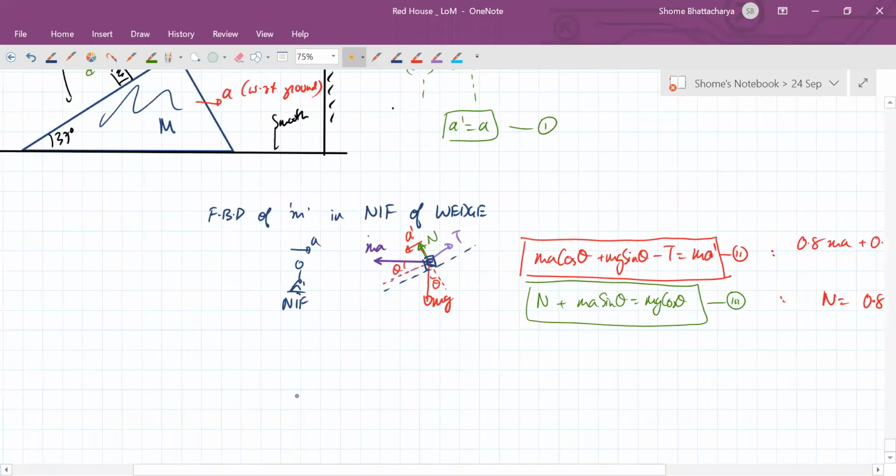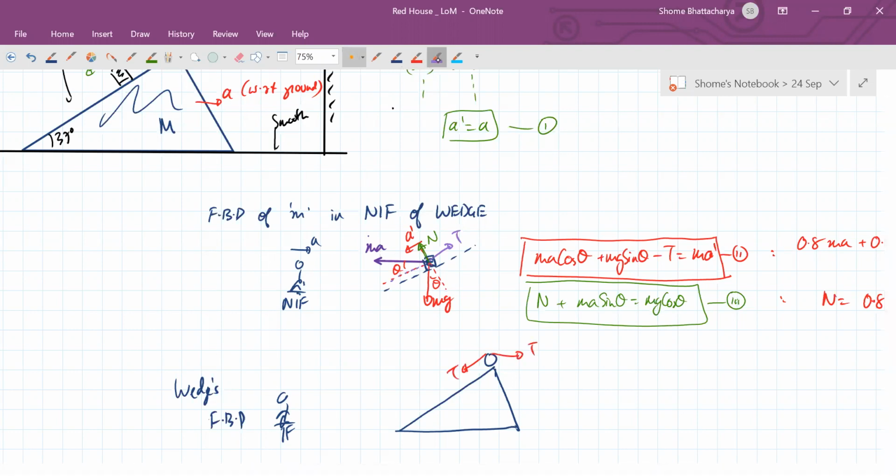because we need it for the free body diagram of the wedge. Now for the wedge, we make the free body diagram in the inertial frame. Okay, so in the inertial frame, the forces acting on the wedge become important. So there is this tension, there is this tension, okay, and not to forget, there is this normal reaction like this. Okay, these are the interactive forces with this block. Of course, there is its own weight and some normal reaction that the ground is applying.